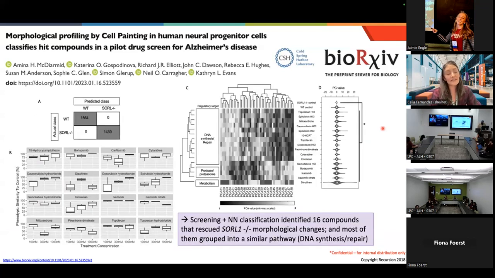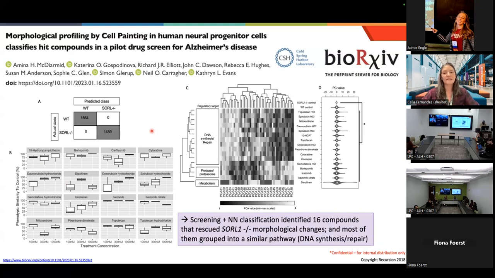And so finally, they did their screen. They screened with this library of a couple hundred compounds. So what is this library of compounds? This was an FDA-approved library. These are drugs that are already on the market and available, that have already been dosed in people. And so a lot has already been known about these compounds. There are different libraries out there. This is relatively small. A couple hundred is not that big at all.